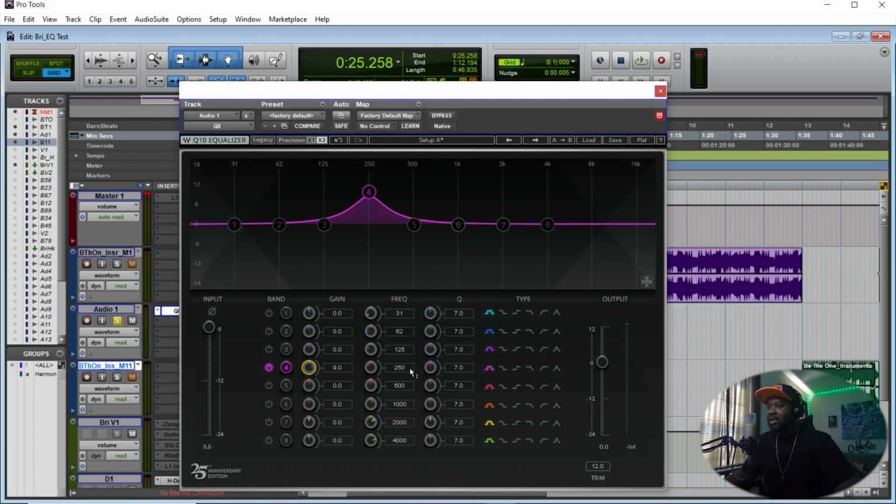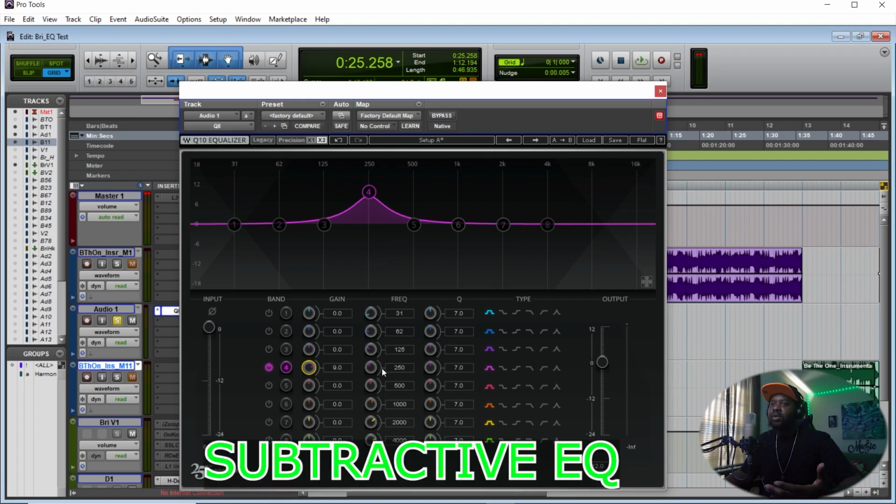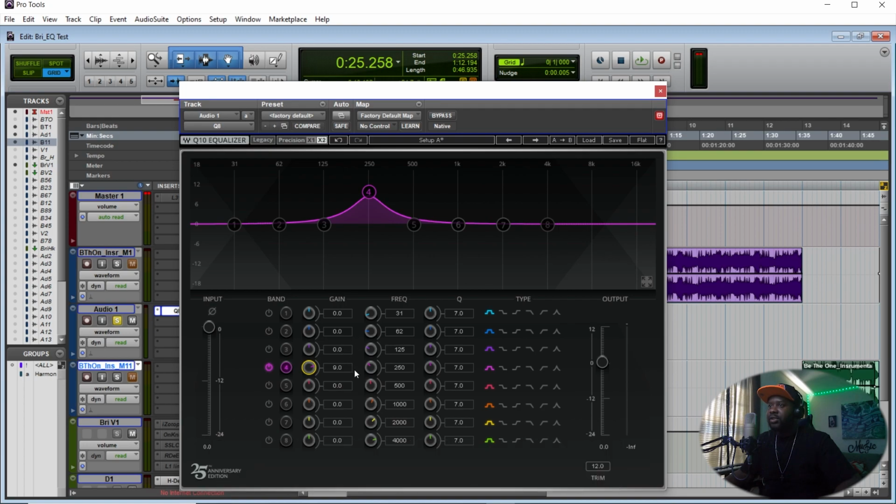If I need more, that's cool, but right now what I want to do is find the unwanted frequencies and take them out. So that's basically subtractive EQing, and that's what we're doing right now. What you want to do is do a sweep of the frequencies to see what doesn't sound right and just dip it out. So right now I increased the gain on that certain band,